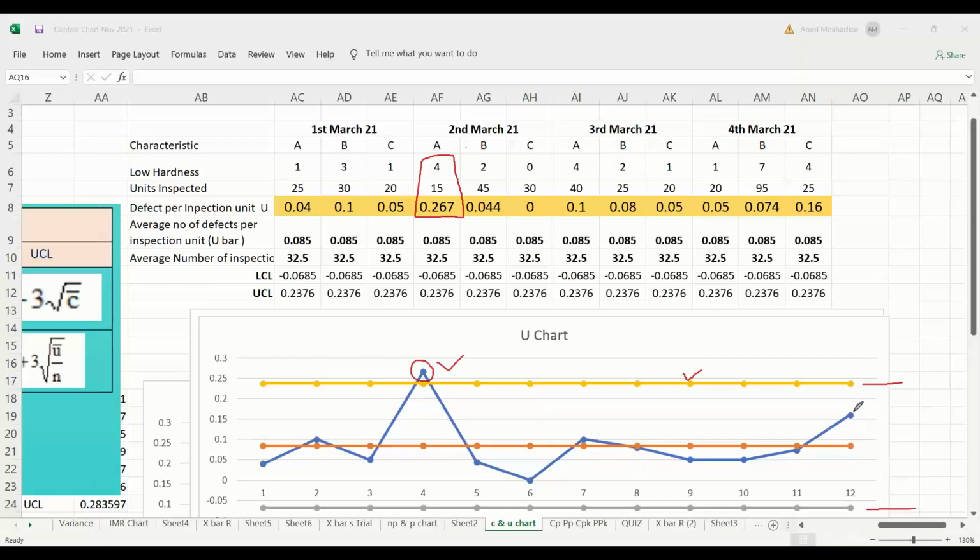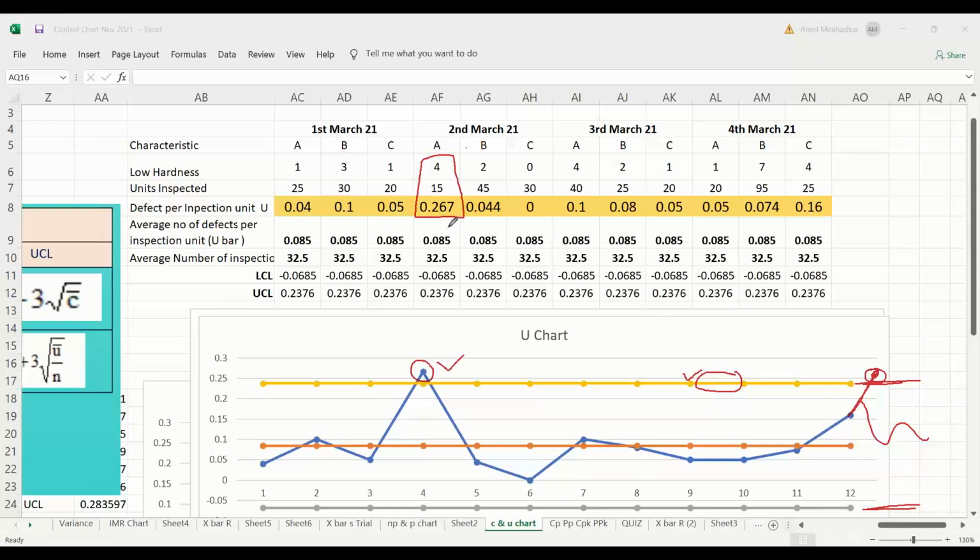Now, if during monitoring anything goes out of control limit, that doesn't mean you need to recalculate. No, you don't need to recalculate. You need to find out the reason behind that, take the action and bring this data inside. For every special cause you don't need to recalculate. You need to recalculate only at the start when you are calculating the trial control limits, because based on this reading you are going to monitor your process, monitor your defect rate.